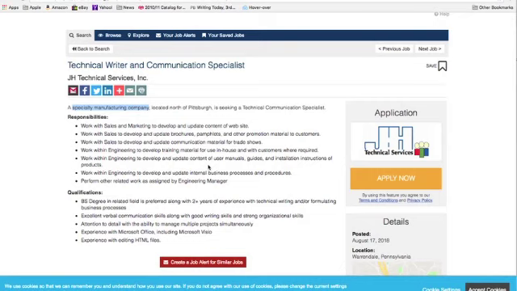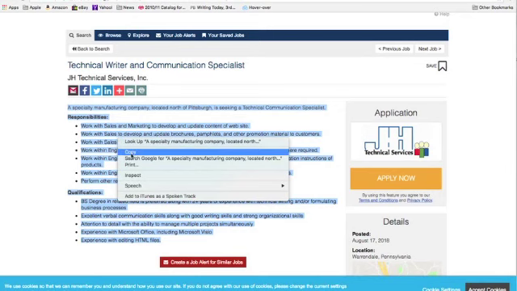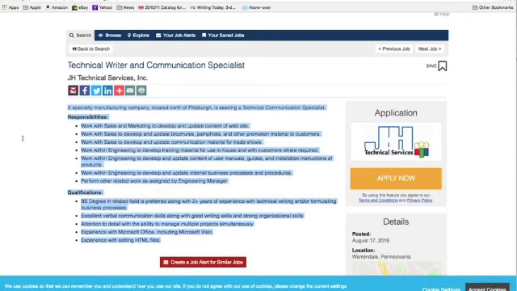What I ask you to do in the first part of the assignment is copy a job ad, like so. You would just Command C or right click and copy and paste that information into a Word doc. I'll show you how to do that in just a second. Once you've done that, you're going to focus on bits of information that you don't understand. This one, it's pretty understandable, so there shouldn't be a lot there that you would have to, except